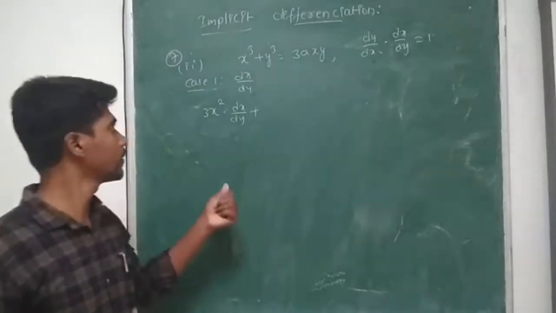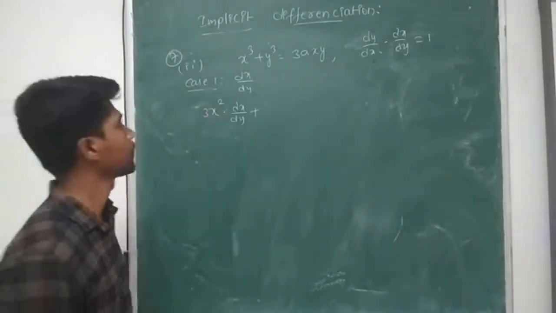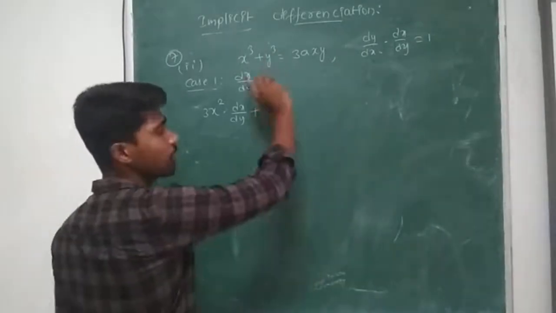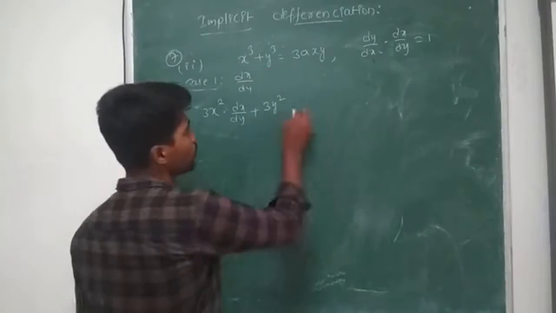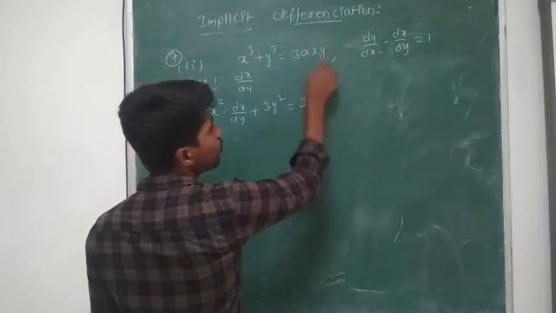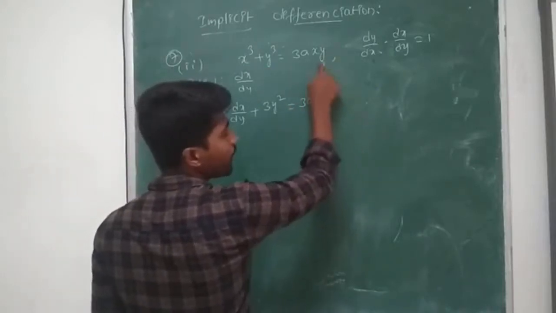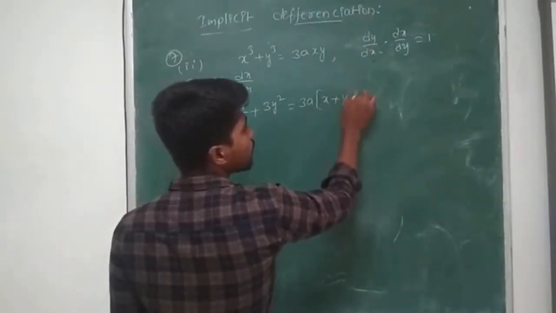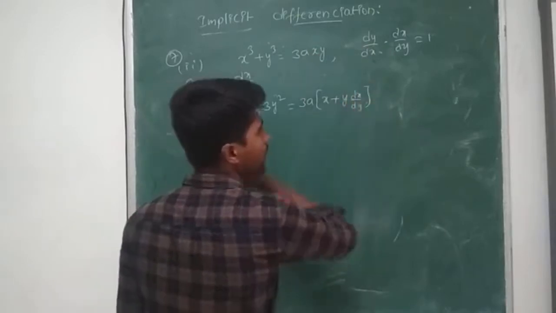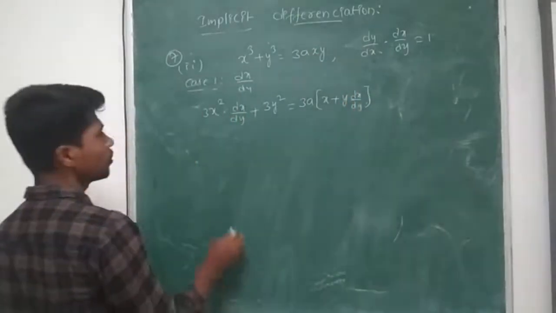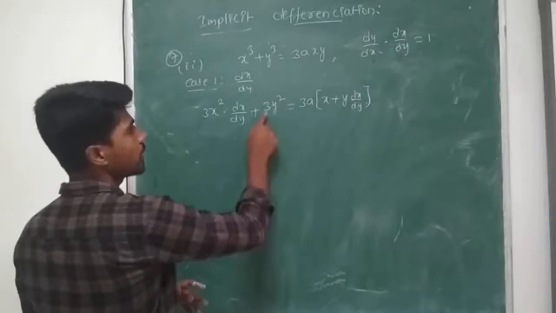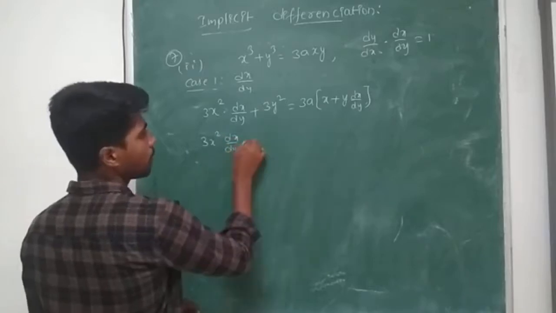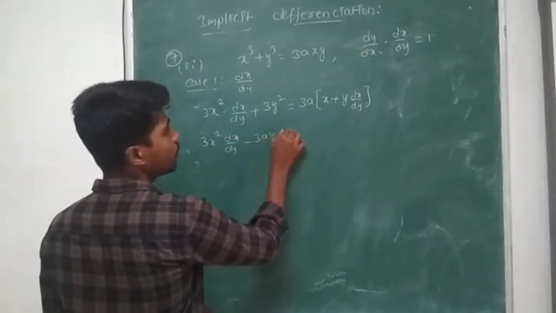But here we are doing differentiation with respect to y. So y cube we have 3y square. So dy by dy is nothing but 1, so no need to consider that. 3a into u form: x into y derivative with respect to y, 1, plus y into x derivative with respect to y. Okay, right. Now separation, I have 3x square into dx by dy minus 3ay into dx by dy,